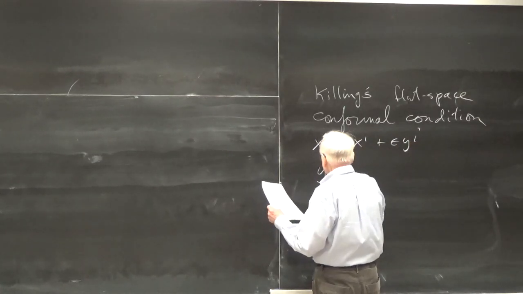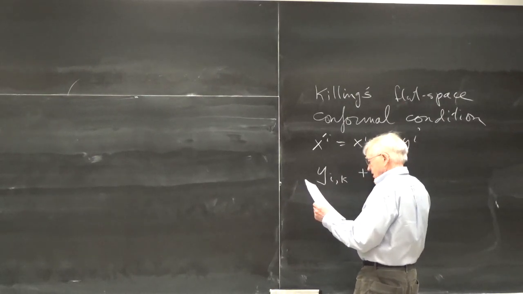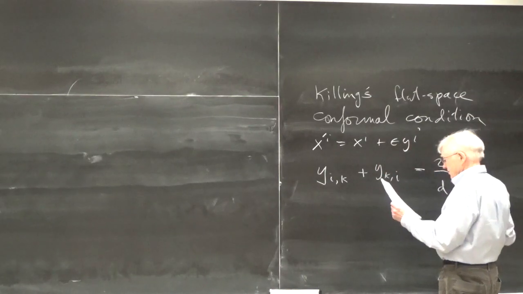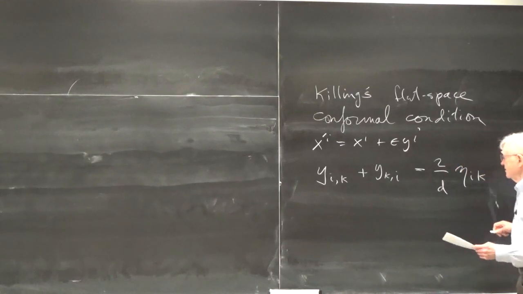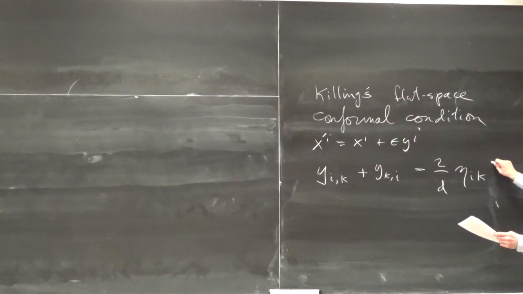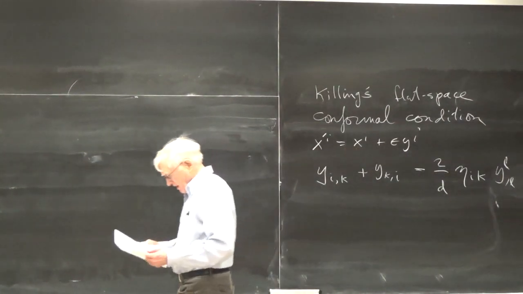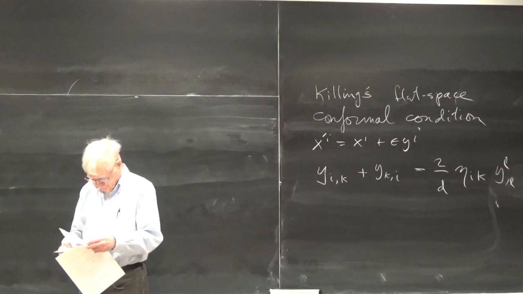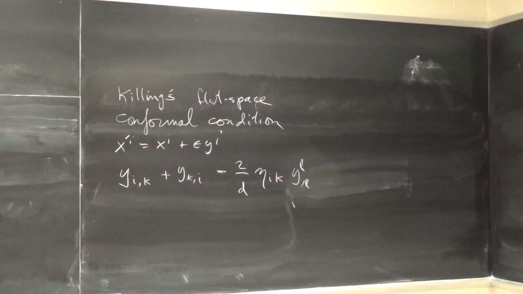This Killing vector should satisfy the kth derivative of the ith component plus the ith derivative of the kth component should be 2 over the number of dimensions, the flat space metric, and then the divergence of y, which is, say, yl comma l. So that's something that we came to some time ago, and